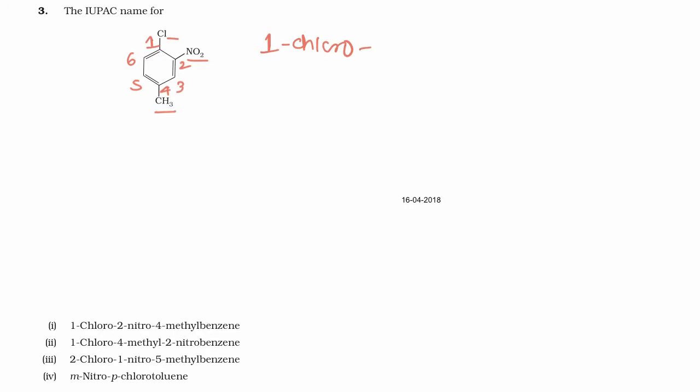Then out of methyl and nitro, methyl should be written first according to alphabetical order, so 1-chloro, 4-methyl. At the second position nitro is present, so 2-nitro benzene, and hence the correct answer is 2, 1-chloro, 4-methyl,